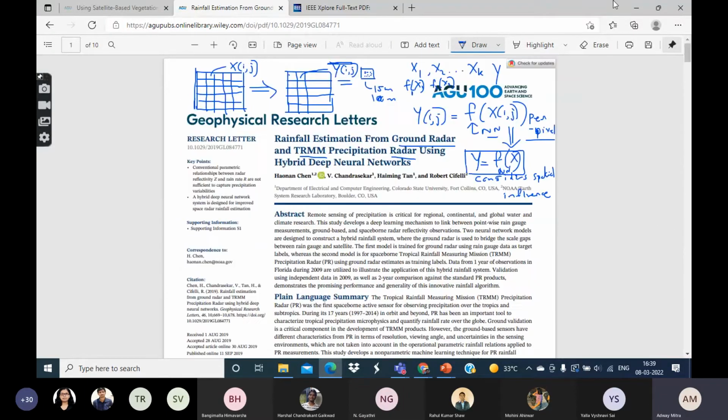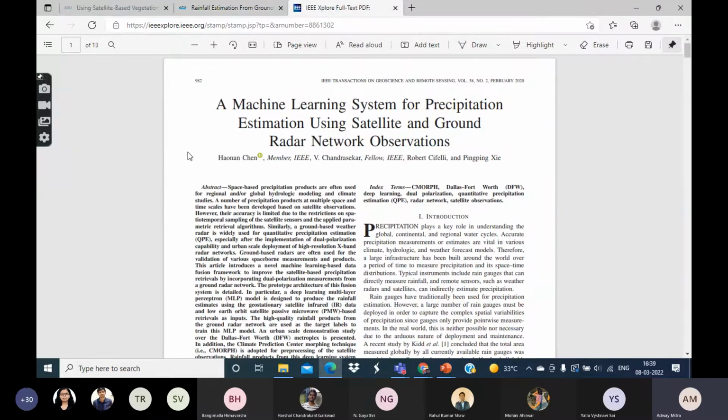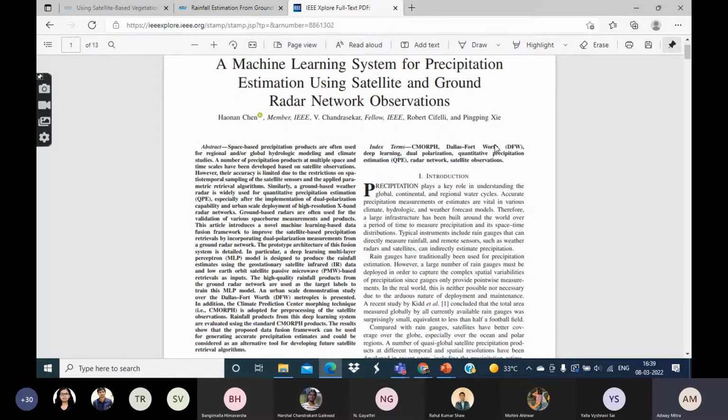Now we come to a similar paper which also does something along very similar lines. This is a machine learning system for precipitation estimation using satellite and ground radar network observations. Right. So last time we had two radars, one ground-based radar and one space-based TRMM radar. So now they are saying satellite and ground radar network observations. So coming to the abstract,